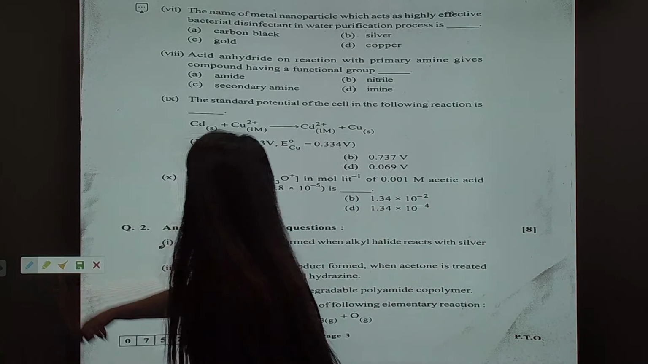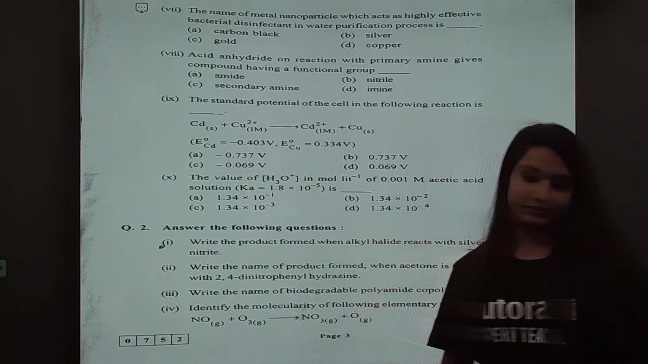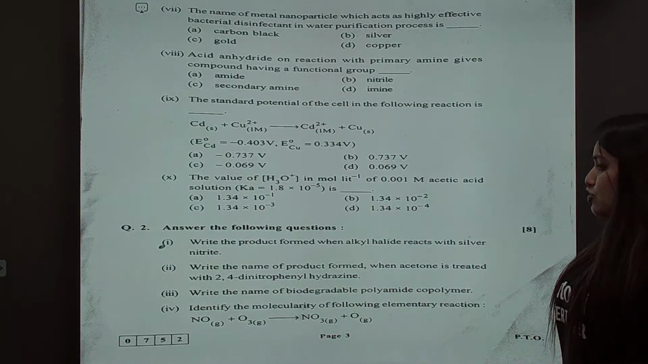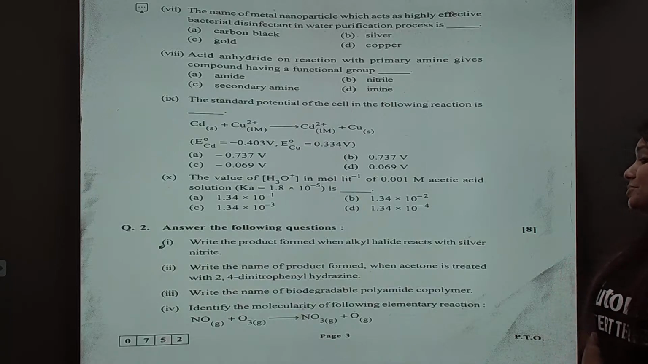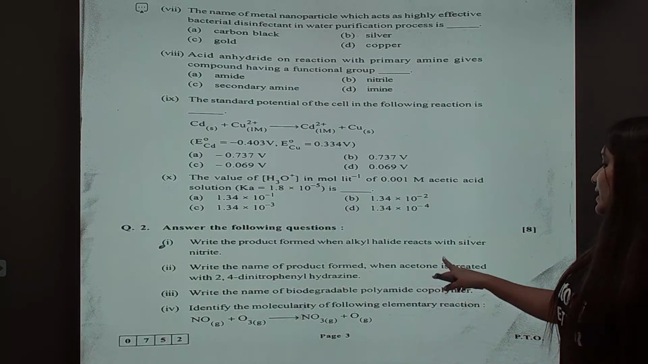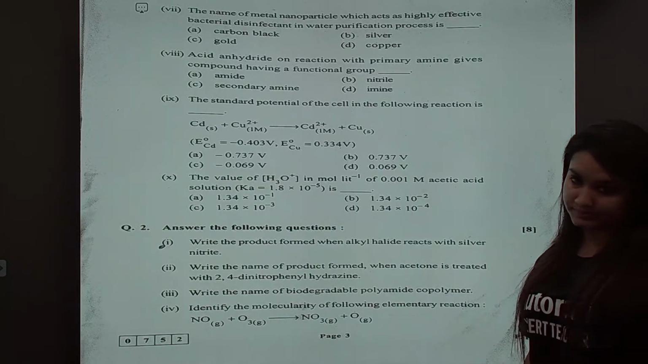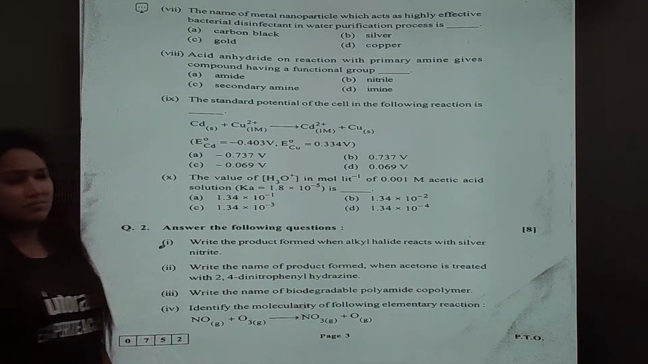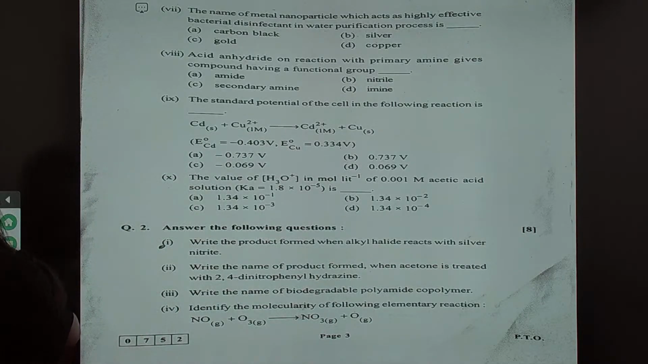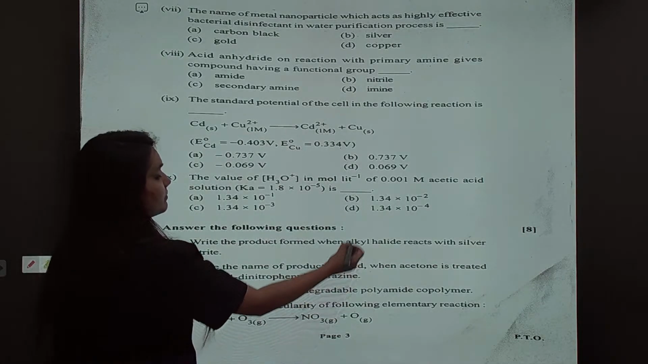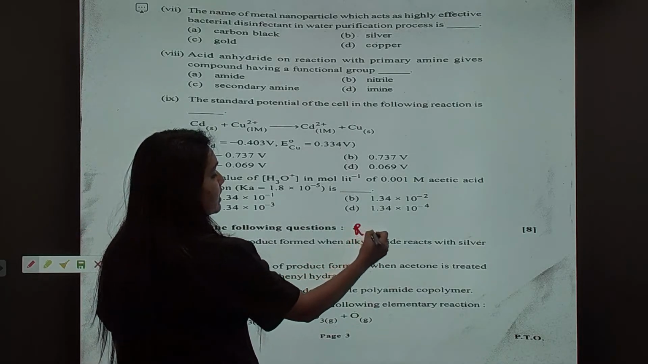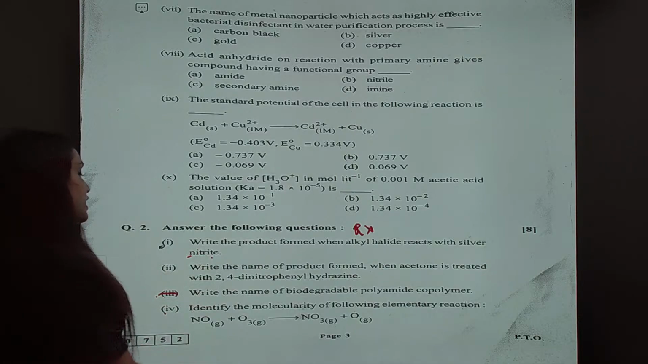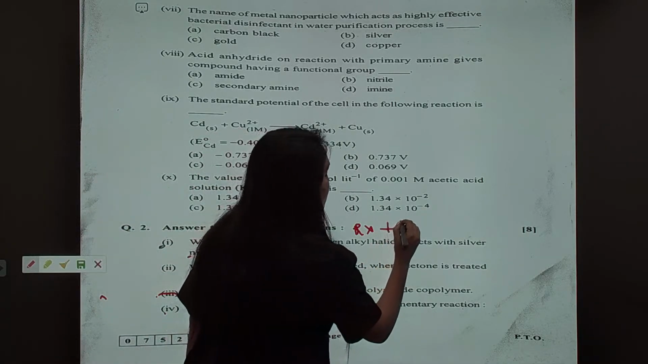So now we are going to switch over to the next part. The next part, students, is a theoretical question. So let's start with the first question. Write the product formed when alkyl halide reacts with silver nitrite. Okay, so when I say alkyl halide, let us in general write this as RX. So this is going to be my RX, and they are saying it is going to react with silver nitrite, which is AgNO2. So if I write over here AgNO2, students,